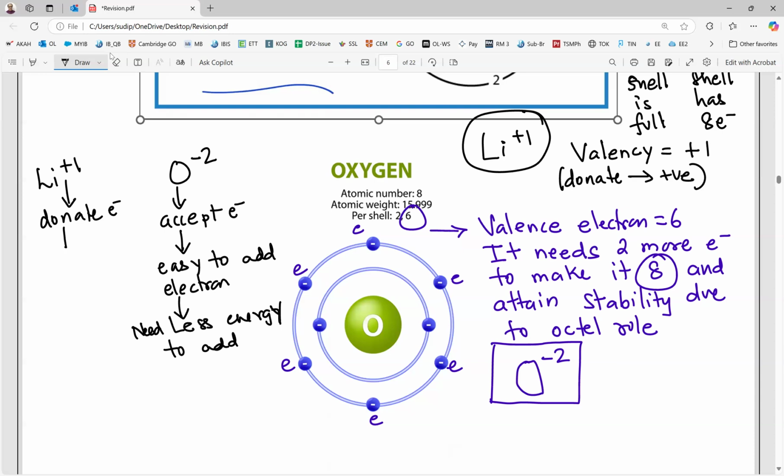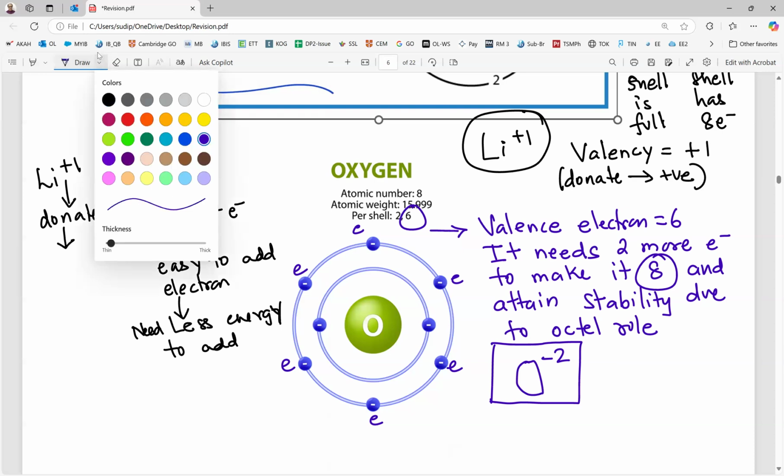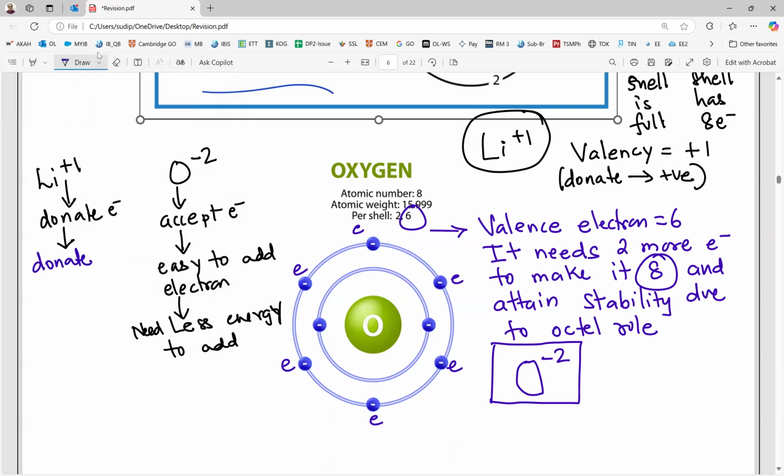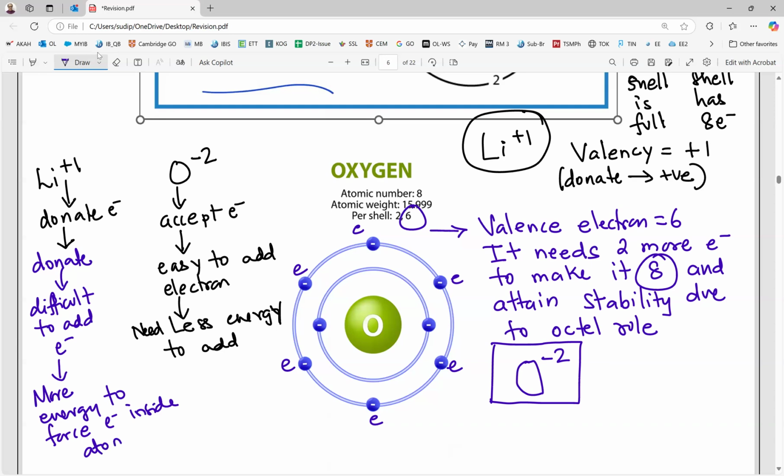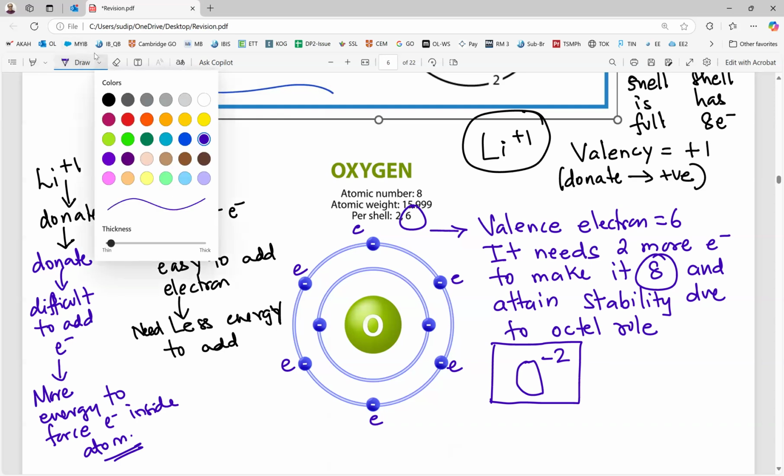Now come to lithium. What happens? Let us see. Lithium is +1, so it will donate. It is not going to accept. When it donates, it is difficult to add an electron, which means we need more energy to force an electron inside the atom. We have to literally do a lot of work to push the electron inside the atom in case of lithium. And that is why we say that the tendency